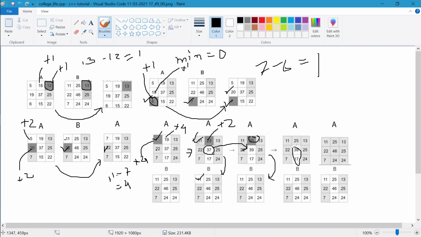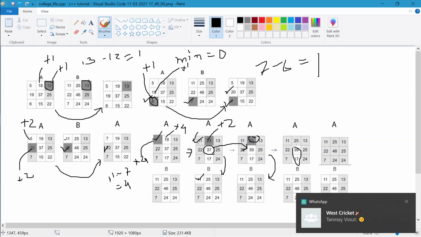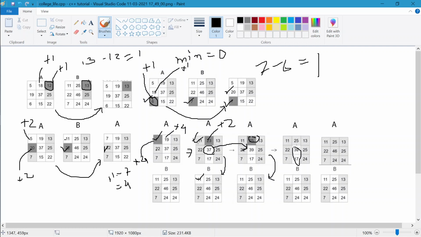One thing I need to say: after finding the difference of this one with this one, how much is it? 7, and this one with this one, that is 24 minus 17 equals 7, and 46 minus 39 equals 7.